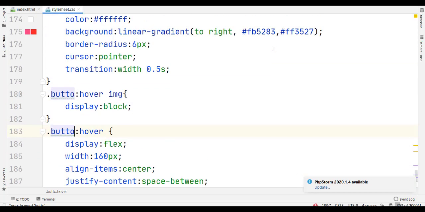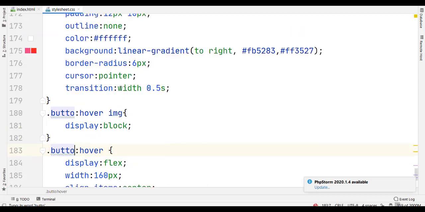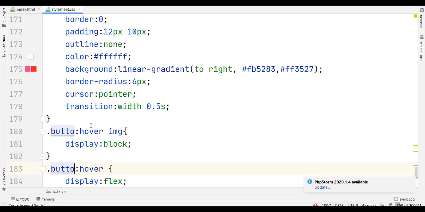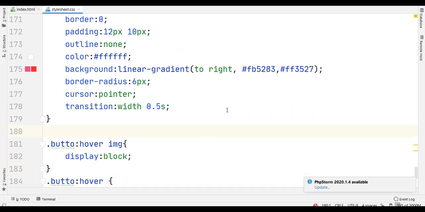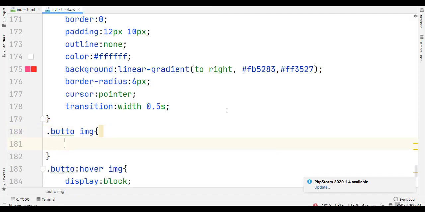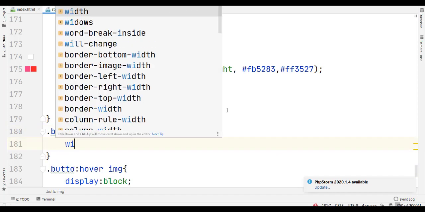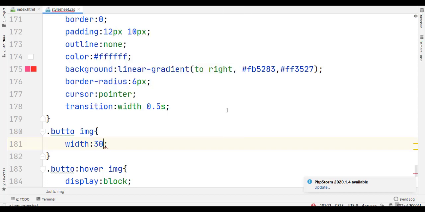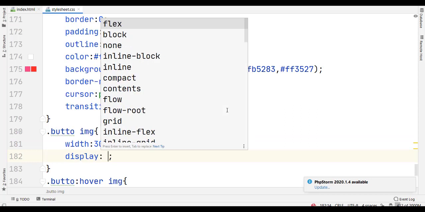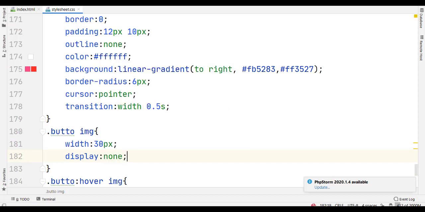Display hover image, our hover images here, and that's gonna be display block. We forgot something, I think. Yep. Dot button img, and we're gonna write width 30 pixels, and then display none. Now if we run it,